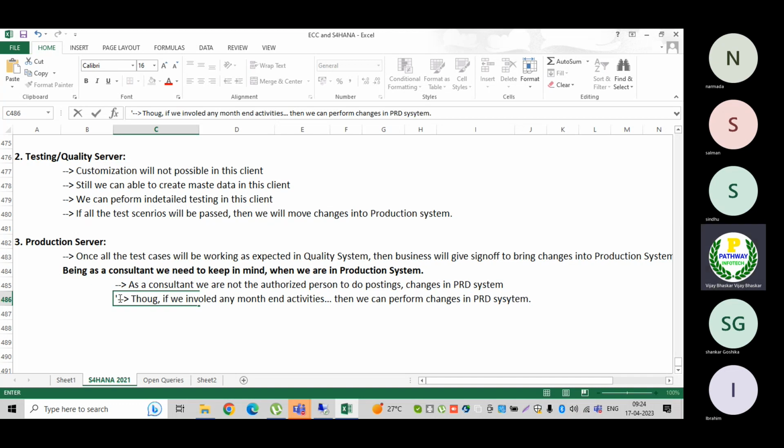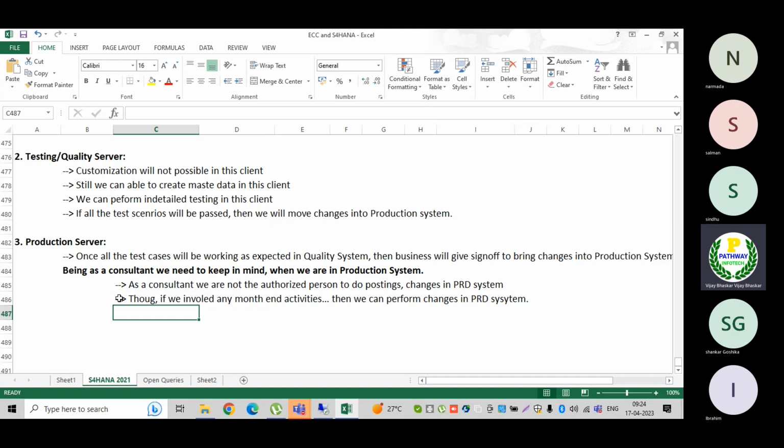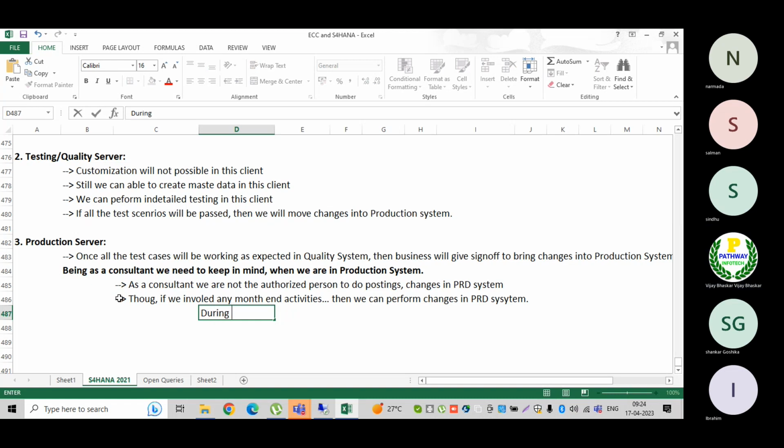What changes will we perform during the support project? See, during the month end, we will have a separate user ID to do changes.